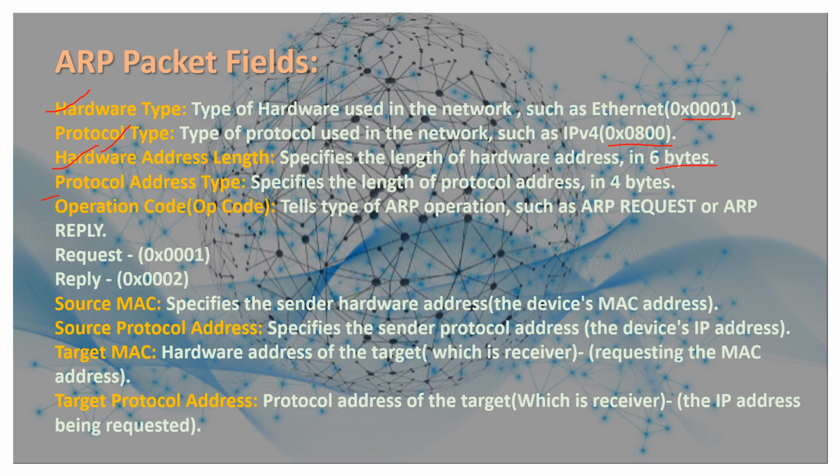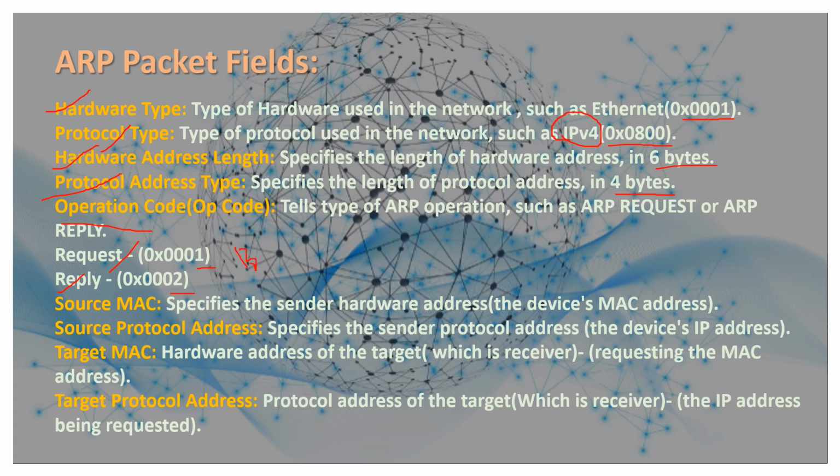Protocol address length: here we are using IPv4, which is 4 bytes, 4 times 8, a 32-bit address. Operation code, as I told, if it is a request it ends with 001, and reply ends with 002. Always the request is broadcast,